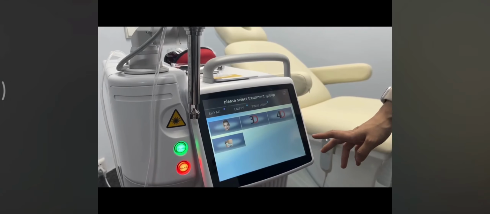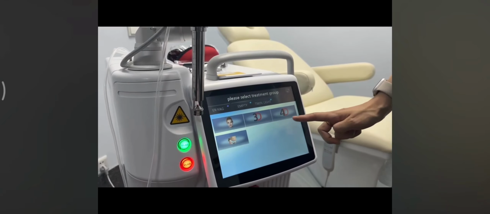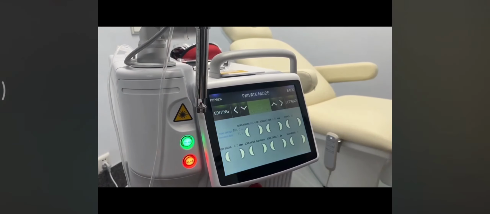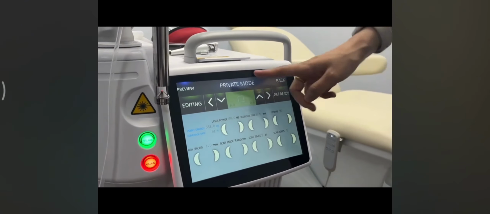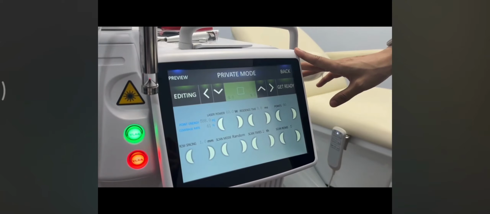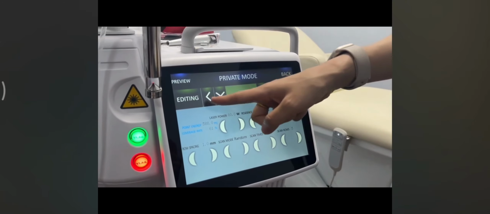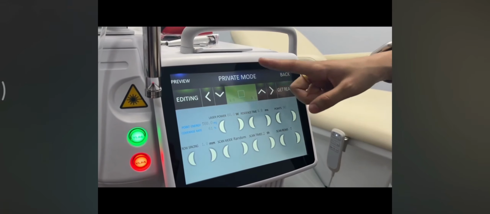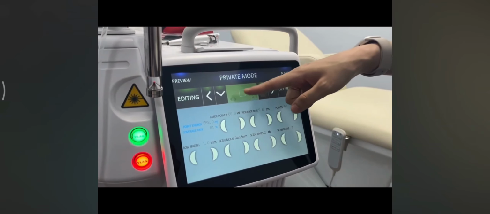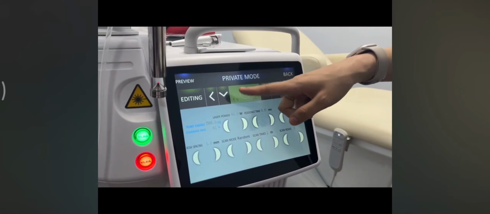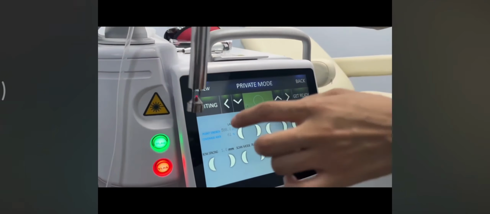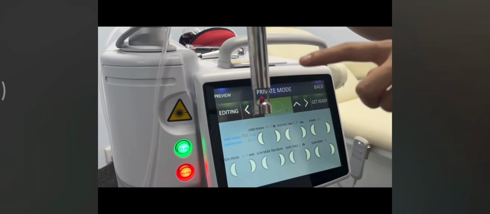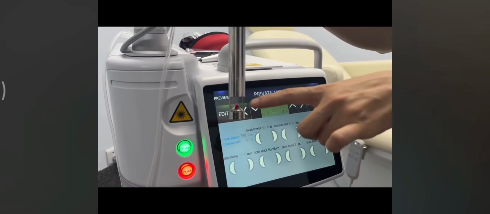so if we are going to use the machine to do the vagina treatment, we are going to use this pattern 4D. And here is the main interface of this pattern. Please pay attention that these little buttons, up, down, left, right, do not adjust the size of the shape. It's not. It's for adjusting the point, the power point, the shot, and it must be the middle one of